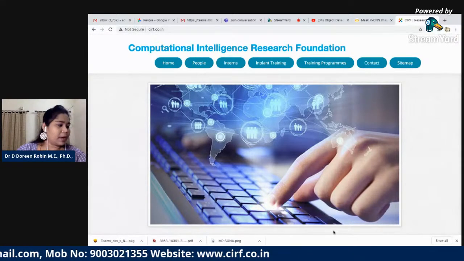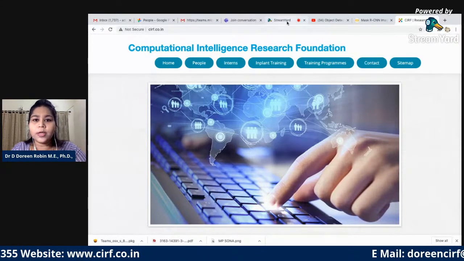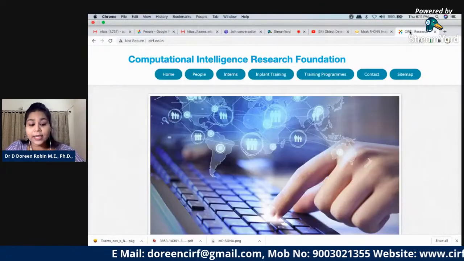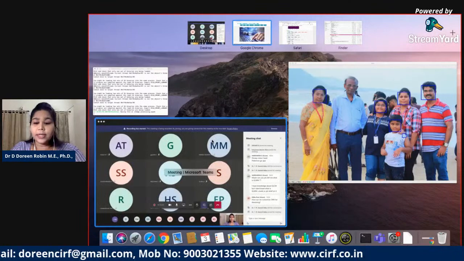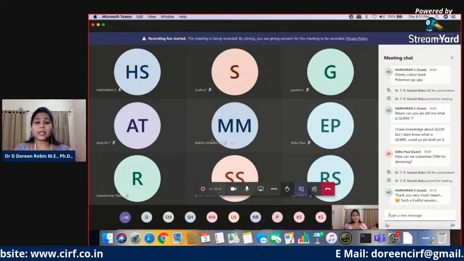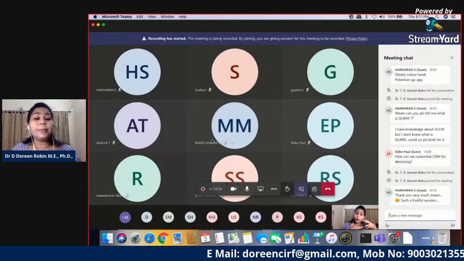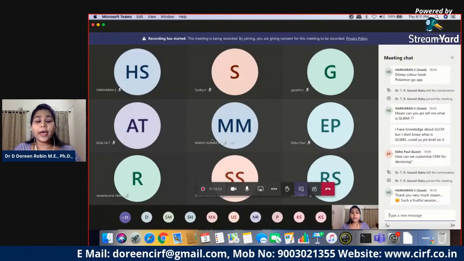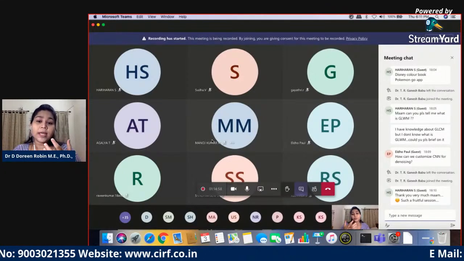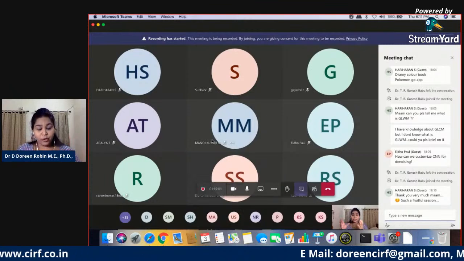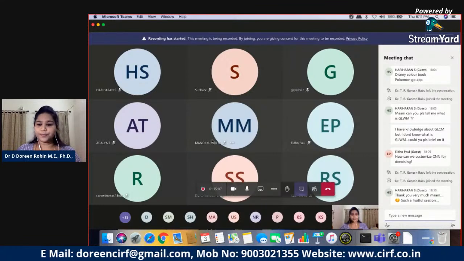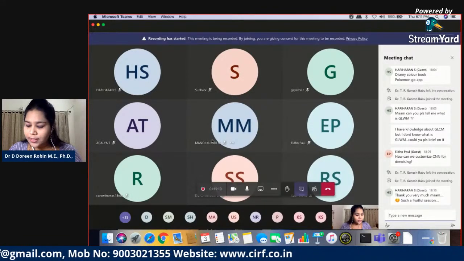In forensics, Anjali ma'am, you have asked a question, how image processing is used in forensics. Forensics is mostly about detection. How do we detect objects? Maybe from an image or from a video, once it has to be segmented, extract the image, and then I have to go deep into your images and find the patterns of it. If it is a murder, what is the pattern it has been done? If it is an image, what is that? Where the objects are placed in one time frame and the other time frame, and a lot of research is going on in forensics.